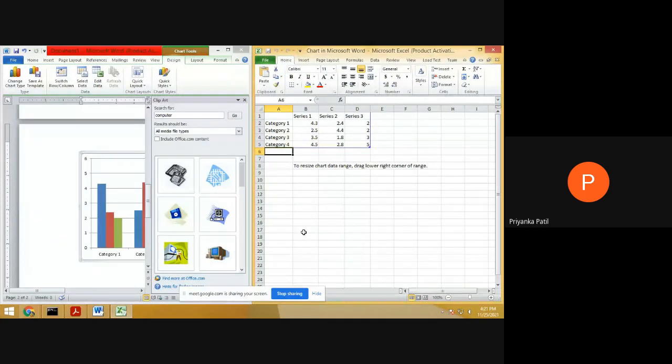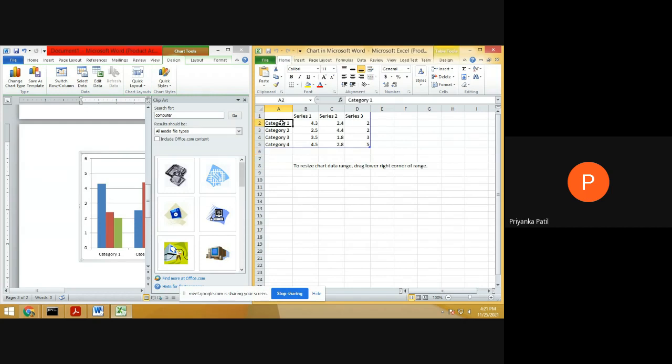Here is the appearance of that bar, and it's connected with the Excel sheet, because whenever we insert a value to that particular series of the bar, it is represented with the count mentioned here.